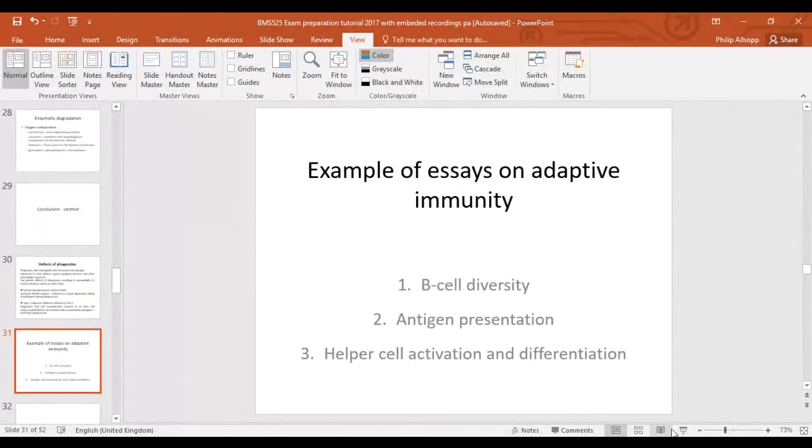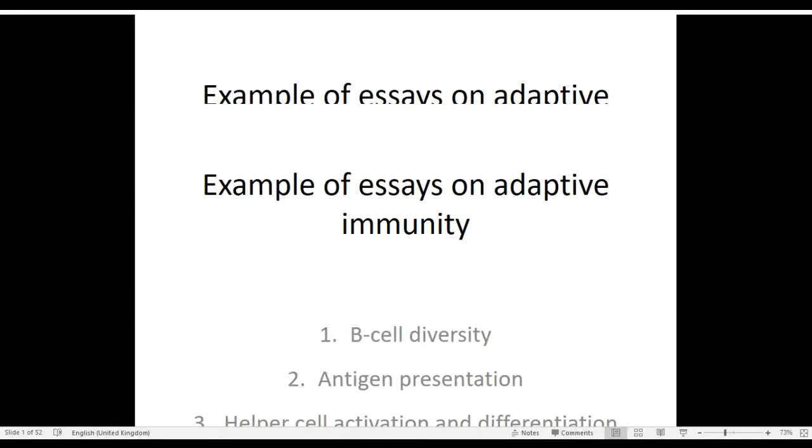Okay, so now we'll just give a quick overview of potential adaptive essays. Okay, here we are again, the same structure: introduction, main content, conclusion. So in terms of